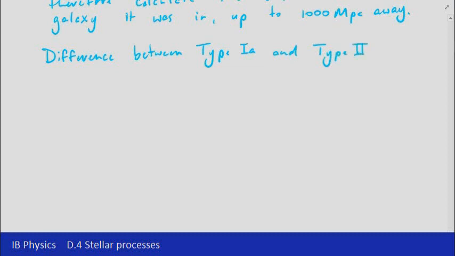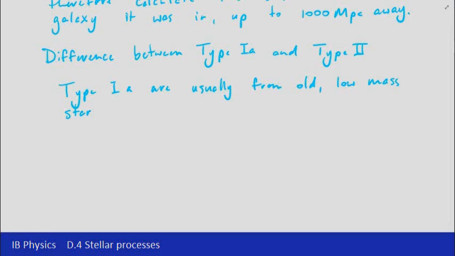The first thing that I did allude to earlier, but I want to just make it a bit clearer. Type 1a are usually from old long dead stars, and old low mass stars, to be even more precise. So they're low mass because the star then sort of didn't have enough mass to undergo a supernova in type 2, so as a result it formed a white dwarf instead, and so we can identify that type 1a are formed from low mass stars,